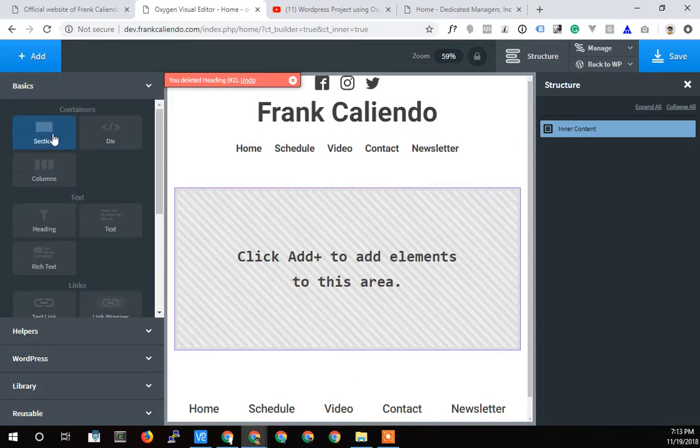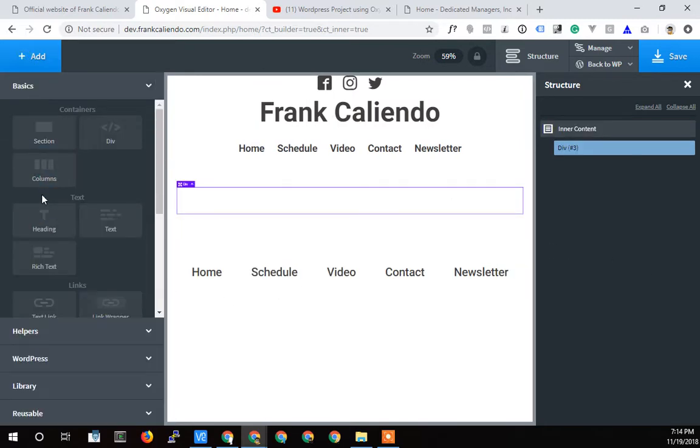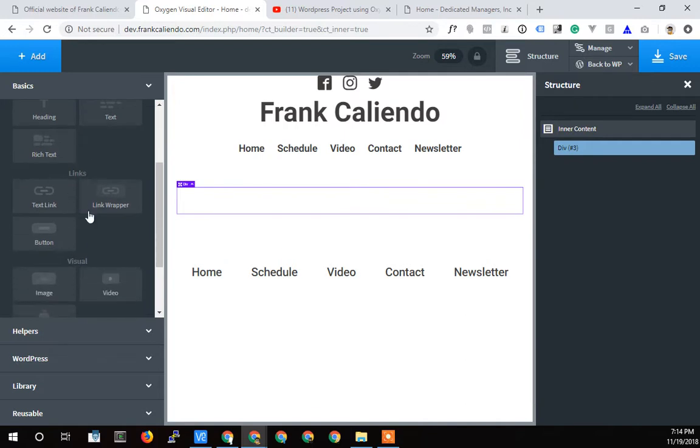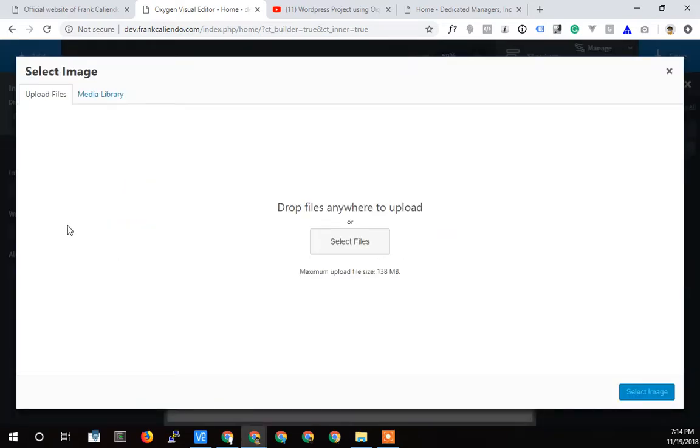So let's add, I want that image to stretch all the way, so I'm not going to put a section in there, and I think this is why I didn't have a section around it before. We'll see that in a second, so I can remove it from the main template. But let's put a div in there, and then let's put an image inside of that div. So that comes with a placeholder, which is pretty cool, but I am going to